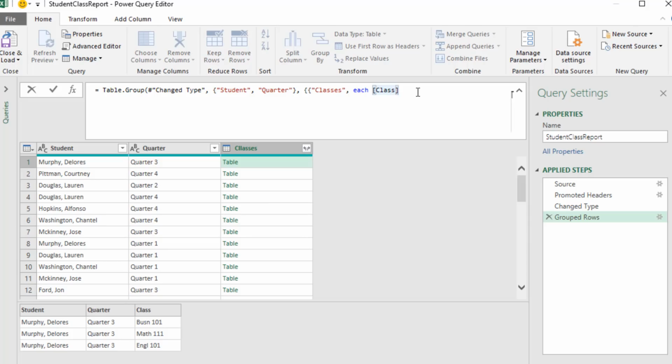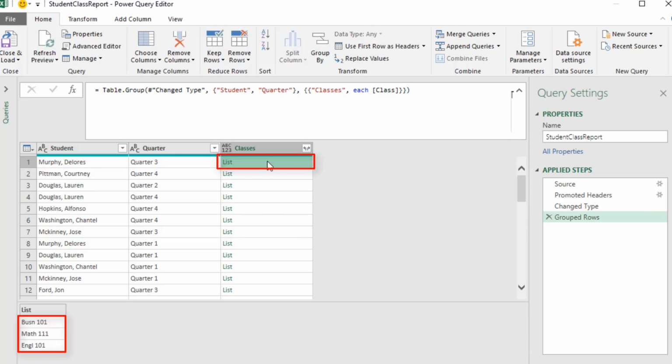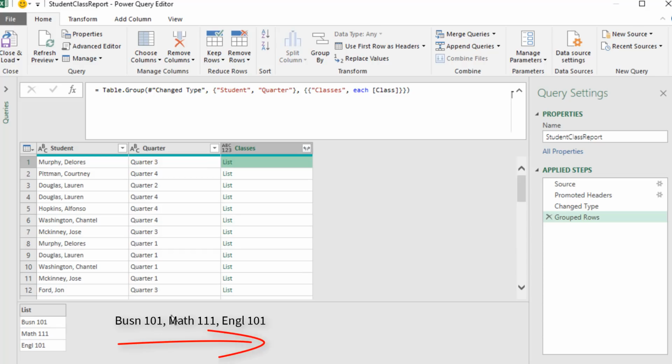Now we have to very carefully curly bracket, curly bracket. We only have one calculation, so we have Classes and our row by row calculation. Then we close off Table.Group. When I hit Enter, now we have a list. There's the list of classes that we need to list horizontally. So we'll amend our formula up in the formula bar using the